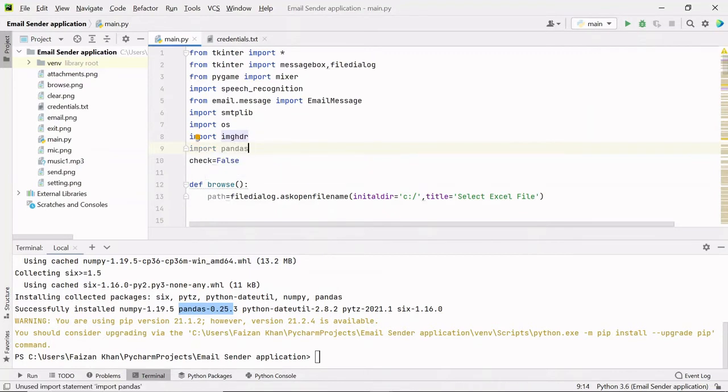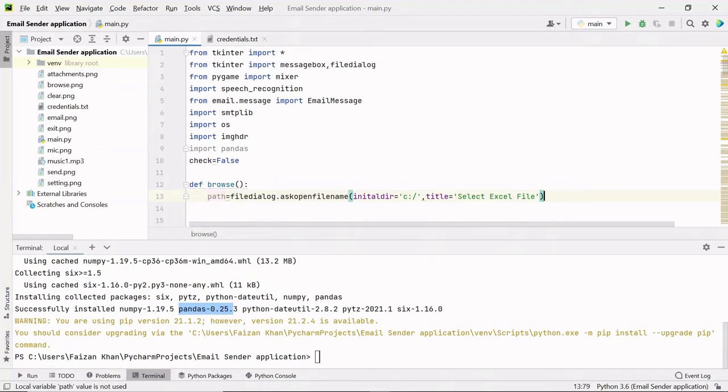And now we are going to read the data of that Excel file which the user will select. Before that, suppose the user opens the file dialog box but does not select any Excel file. In that case, inside this path variable we will not have anything.